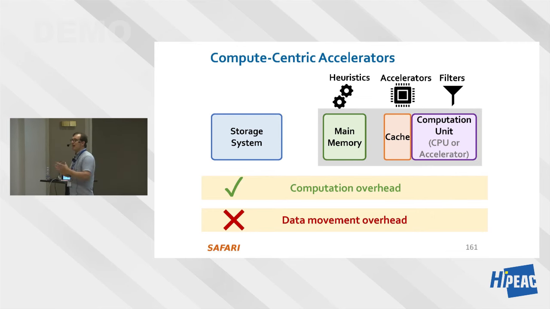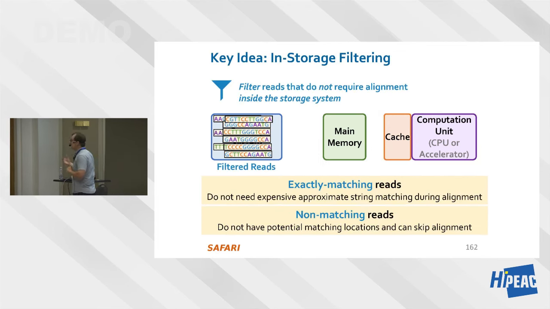This is basically Amdahl's law, right? If you fix one of the overheads, the other overhead becomes dominating. So we wanted to tackle this data movement overhead, especially from the storage system. And the idea over here is to quickly filter some of these sequences or reads that do not require alignment